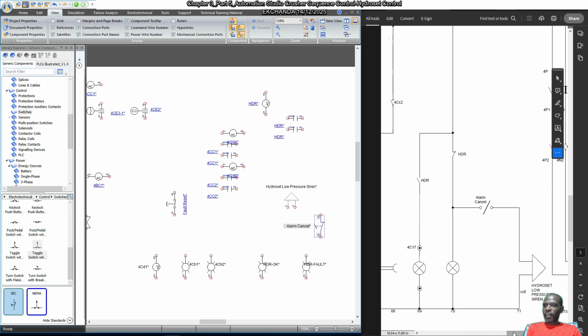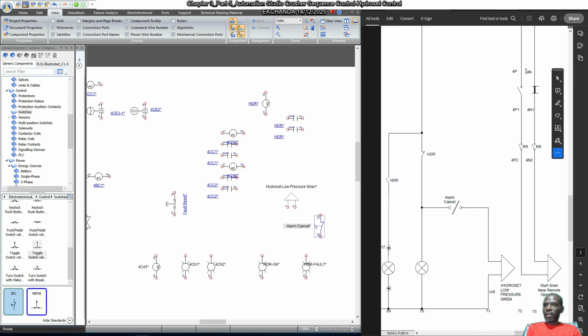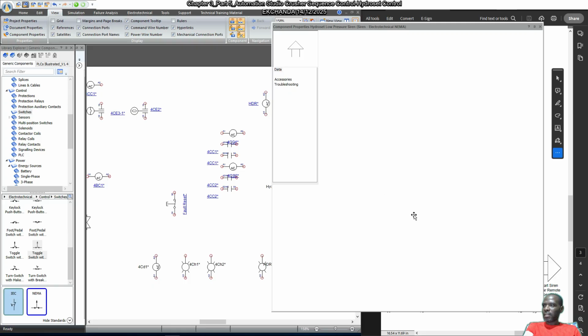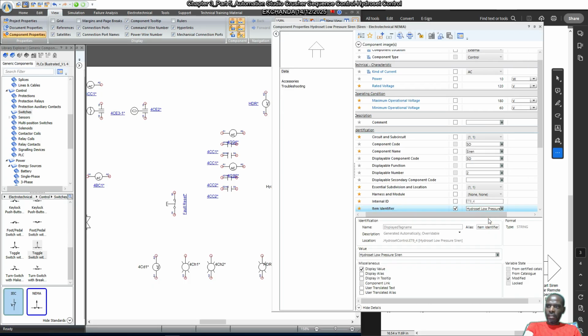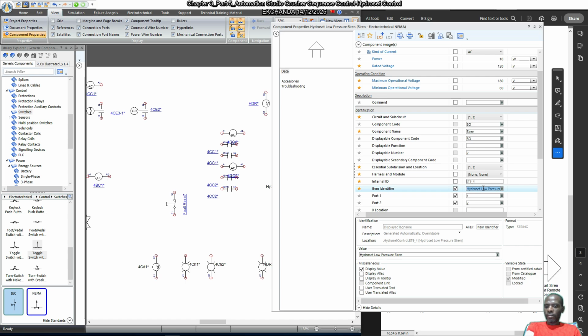Okay, so I've done this one, and then going further out right, we're going to have a start siren near remote operator's desk. So essentially this is one of the restart warning sirens. Okay, so essentially we just need to copy this, and then what we're going to say is remote station siren. Okay,